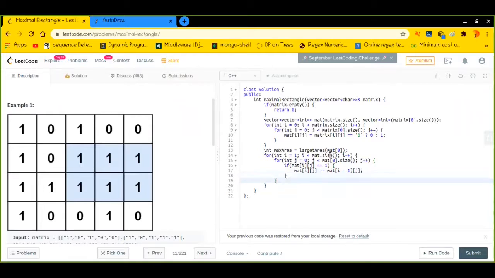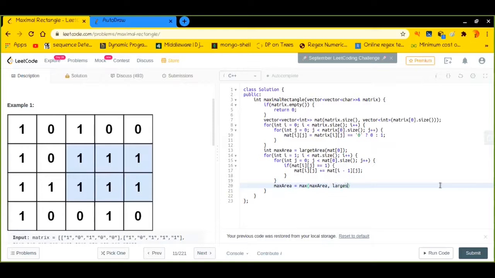Okay, so after finding out the current histogram, as I have already found out the maximum area for the first vector, I have to find out the maximum of all such histograms, when I'm continuously adding each and every factor in each and every row.